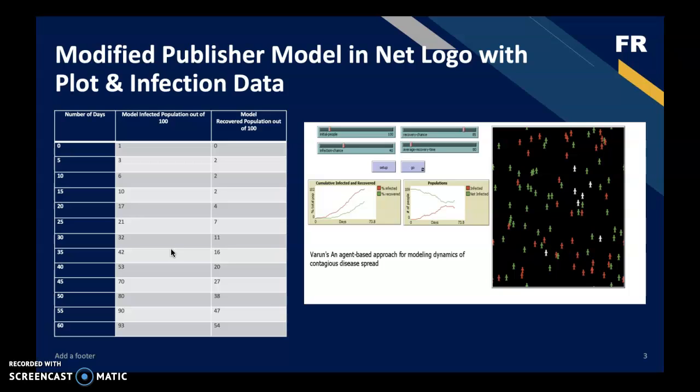As we can see in the infection and recovered graph, infection is spreading quickly if we are not implementing any methodology to stop the spread. And on the left hand side, it shows how the infection has spread in the population of 100. As you can see here, now I am able to replicate the published geographical model in the NetLogo model.